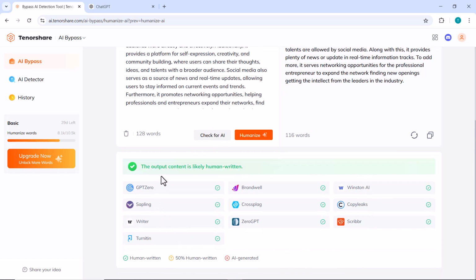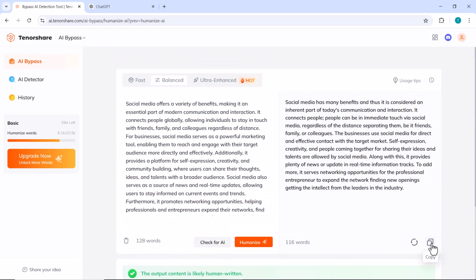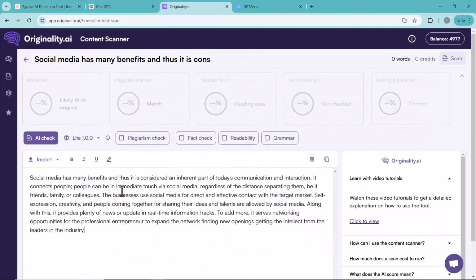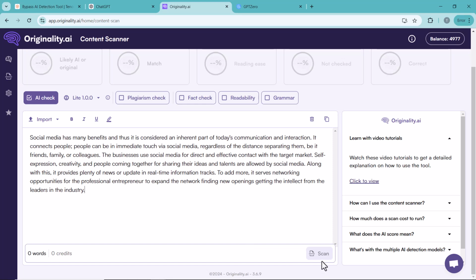And down below here you can see some AI detectors like GPTZero, Winston AI, CopyLeaks, ZeroGPT and Turnitin. All of these AI detectors also show the text is human written. Now let's test the humanized content again using the AI detector to see the results. Paste your content here and click on the scan button.